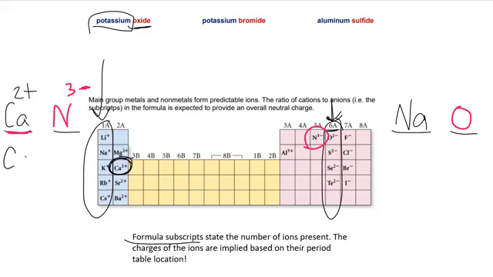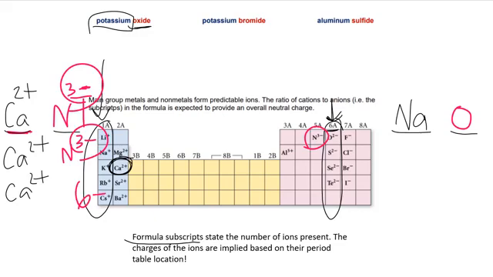Well, I'm going to need another Ca2+ and another Ca2+. That gets me to +6. And my N, how do I get to 6? If I'm at 3-, I need one more N, 3-. Now I've got both of these together is -6. All of these 2 pluses is +6. So my compound would be Ca3N2,